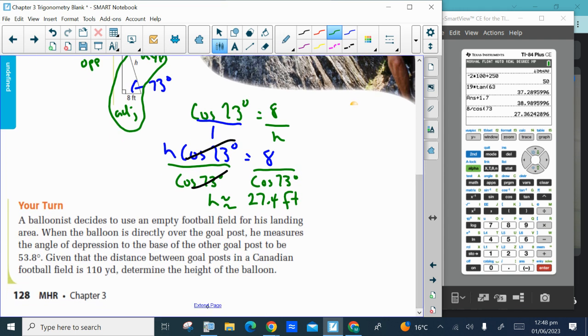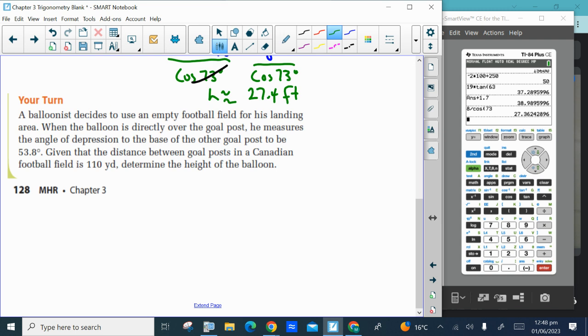So for those two, the triangles were given for us, but that's not always going to be the case. Sometimes you need to draw your triangle. The next question says a balloonist decides to use an empty football field for his landing area. When the balloon is directly over the goalpost, he measures the angle of depression to the base of the other goalpost, and it's 53.8 degrees. Given that the distance between goalposts in a Canadian football field is 110 yards, determine the